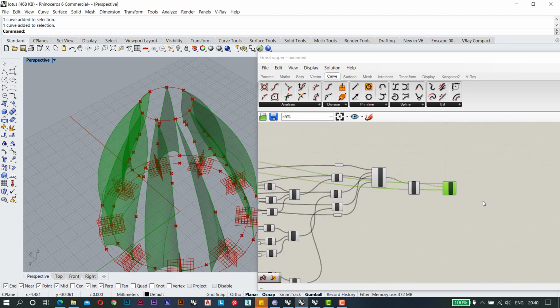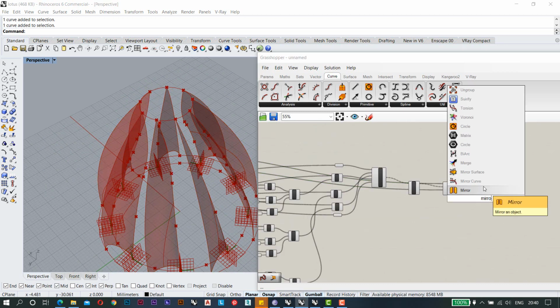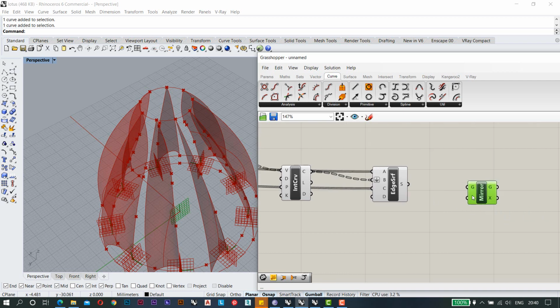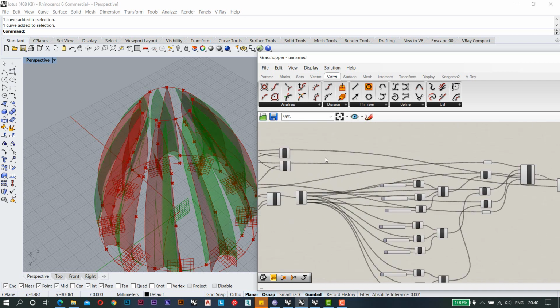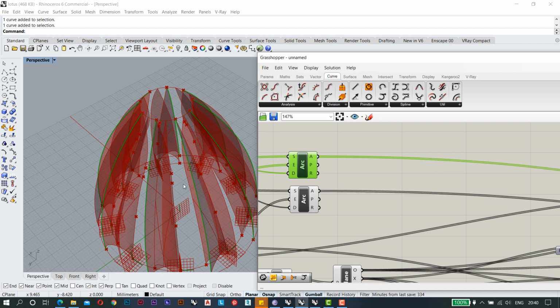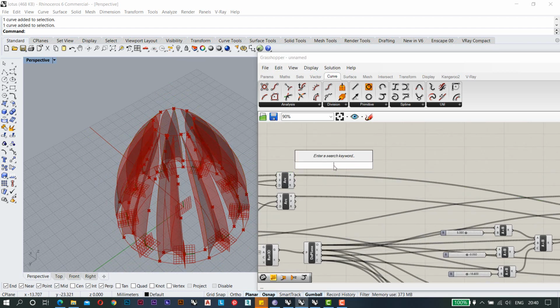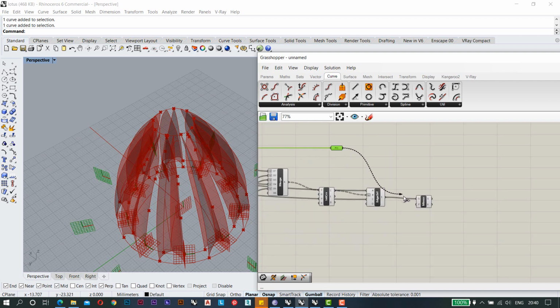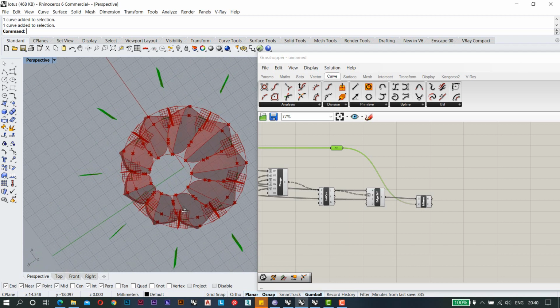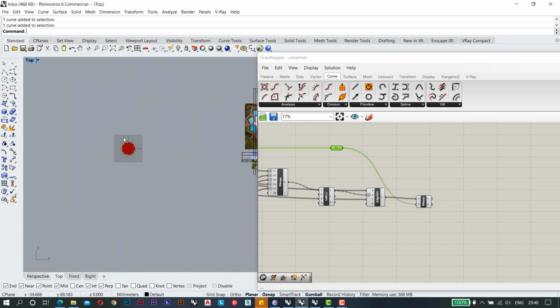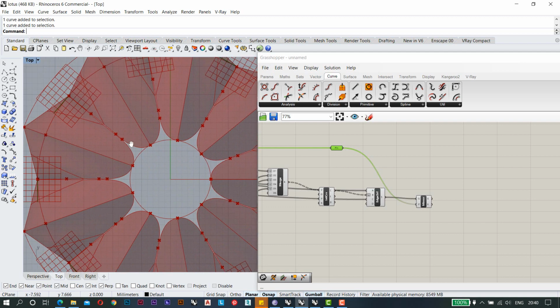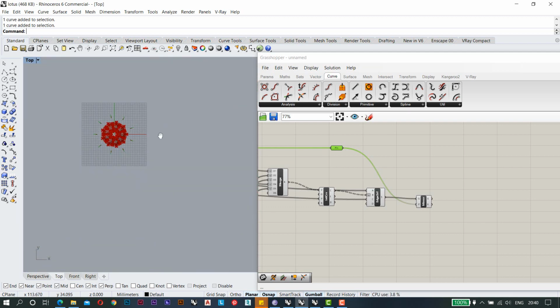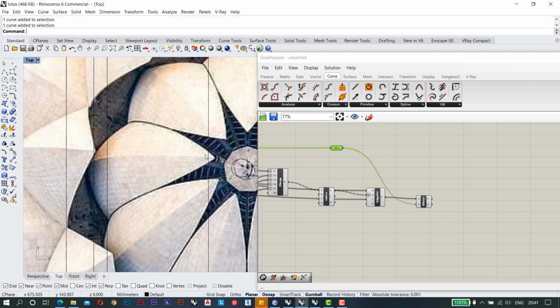But now here we will use the mirror command. So here this is my geometry, and the planes again would come from these arcs, which are the center ones. So I will type planes. So it will give me the planes, and then I'm going to use these planes to mirror it. This is going to be there. So if you see it in the plan, it will give you a bit of similar kind of representation as it is here.